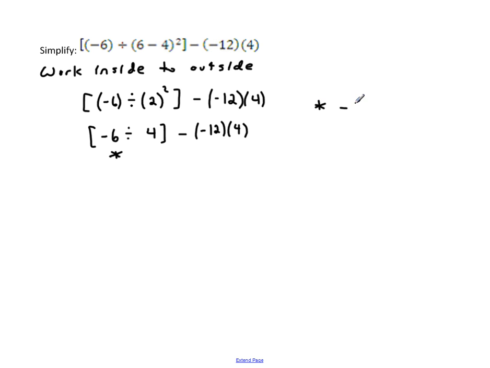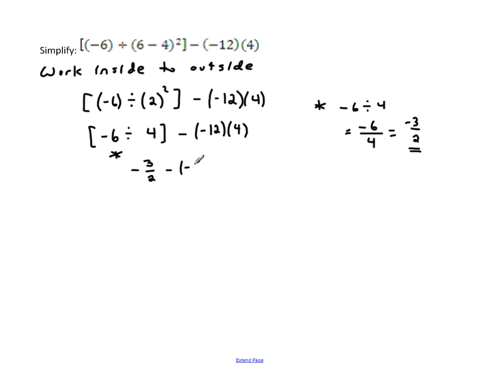What happens if I take negative 6 and divide it by 4? Well, I know that negative 6 does not divide evenly by 4, so I can rewrite it as a fraction, negative 6 divided by 4. One way of handling this problem is to rewrite the fraction in simplified form. So we're going to rewrite this as negative 3 halves. Now we could also write this as negative 1.5 if we wanted to put it in decimal form, but we're going to demand here at NAPS that you get used to using fractions. Put it as a fraction. So we're going to be taking negative 3 halves